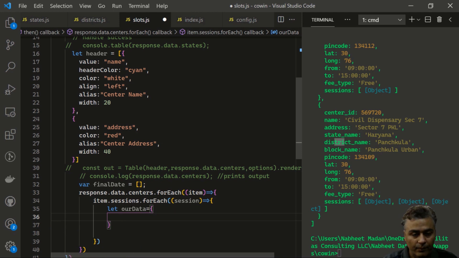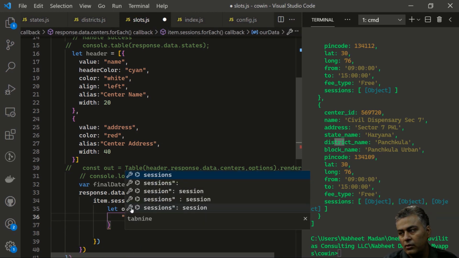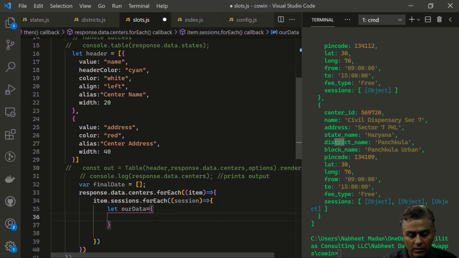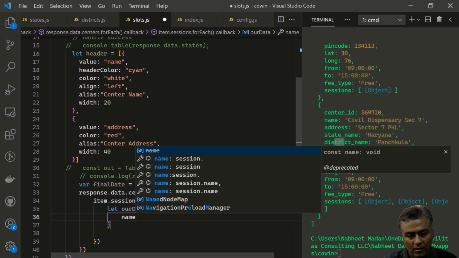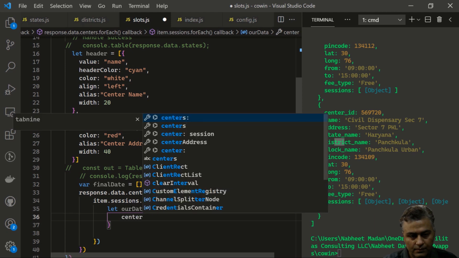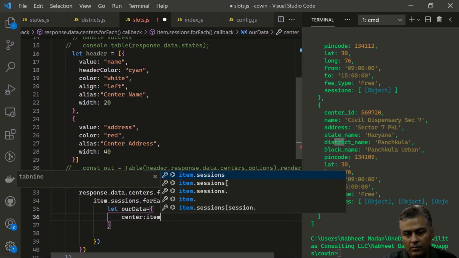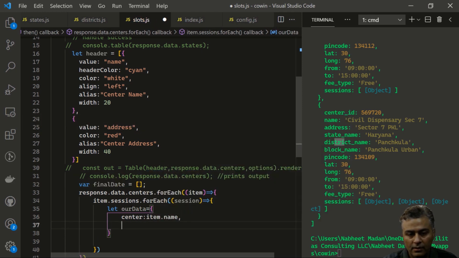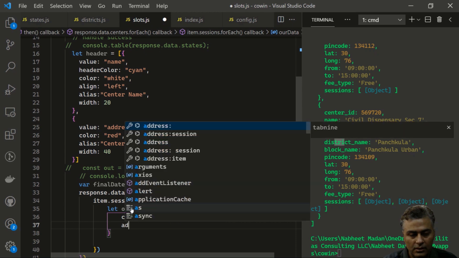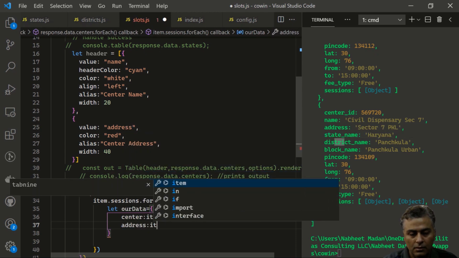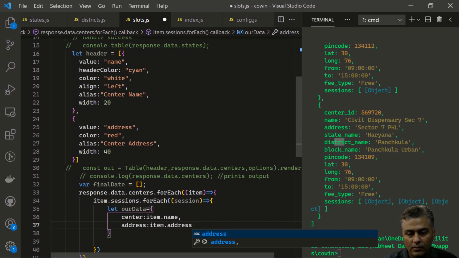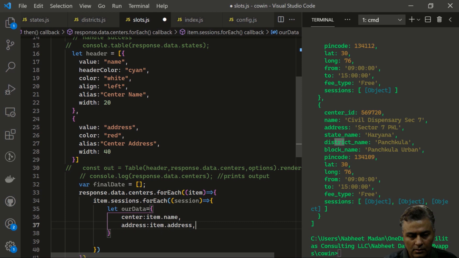What do we need? We need a name, right? So I say name or center, it is center, and it is in item dot name, right? Then I need address, so I need item dot address, right? So all I need is item address, right? And in our sessions, what we can see is what we have. Let us just maybe